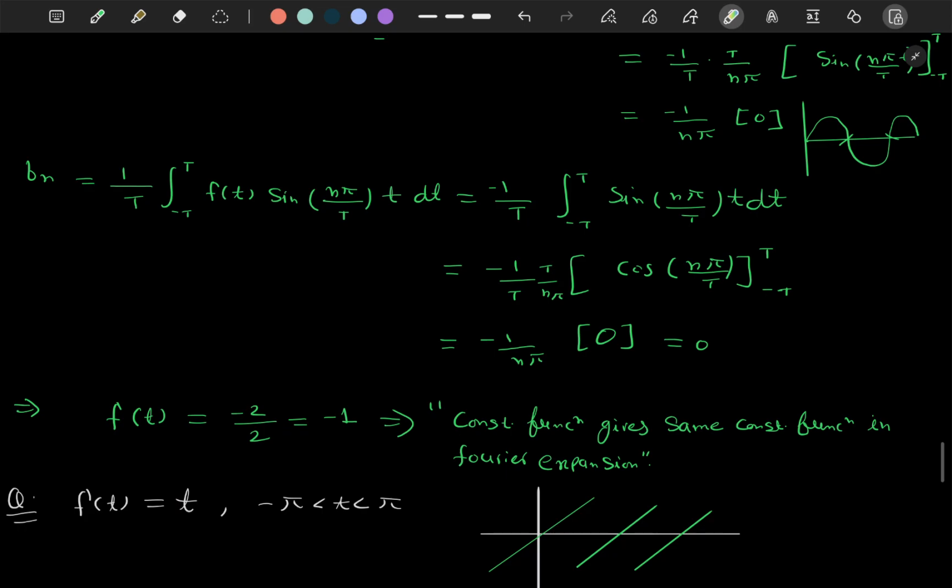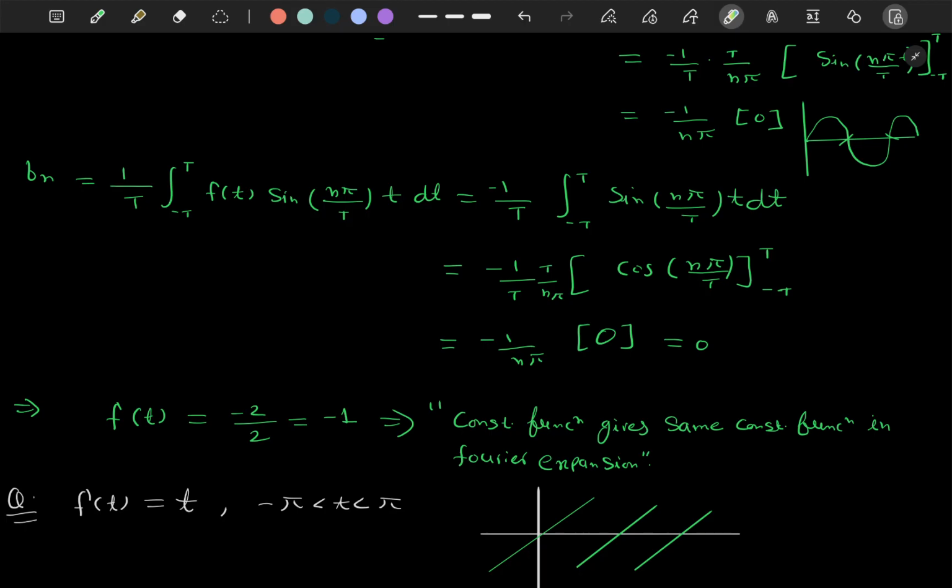Now b n is 1 by T integral from minus T to T f of t sin n pi t by T dt, and f of t equal to minus 1. So we are left with this, minus is outside the integration, and the integration of sin is minus cos n pi t by T. So minus will be plus, and the limits minus T to T. So in this condition, what will we do? T and T cancel, minus 1 by n pi, and